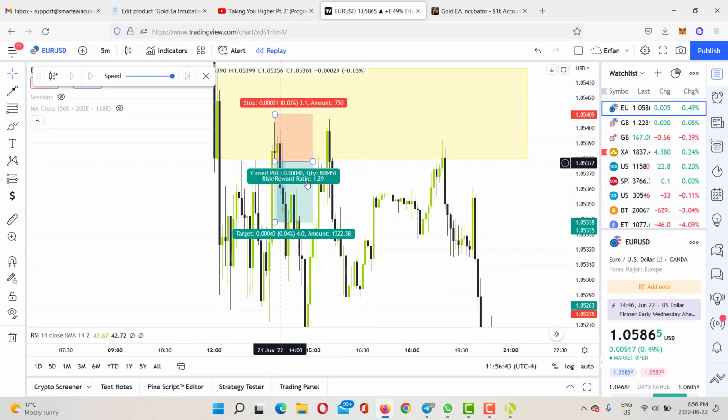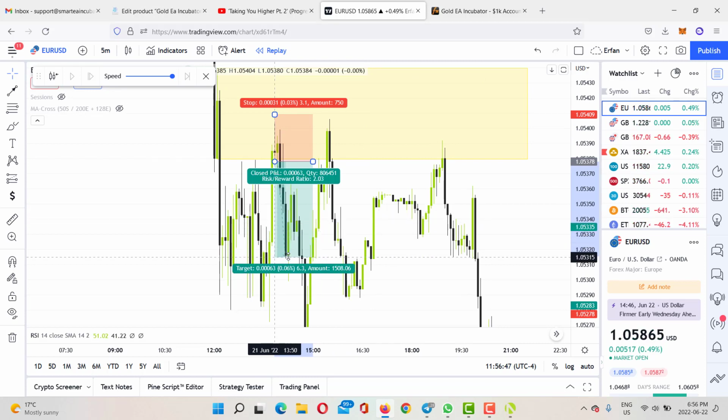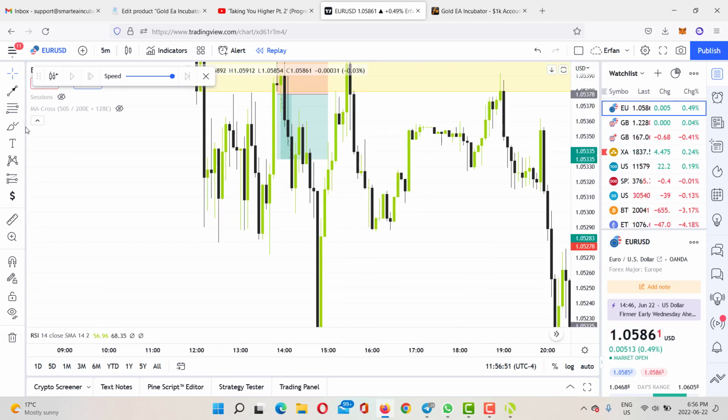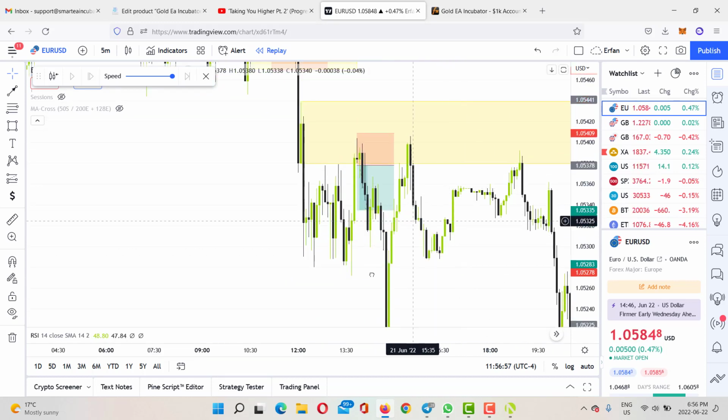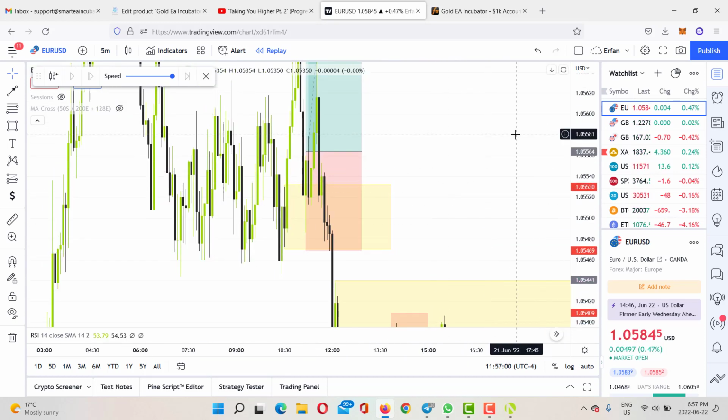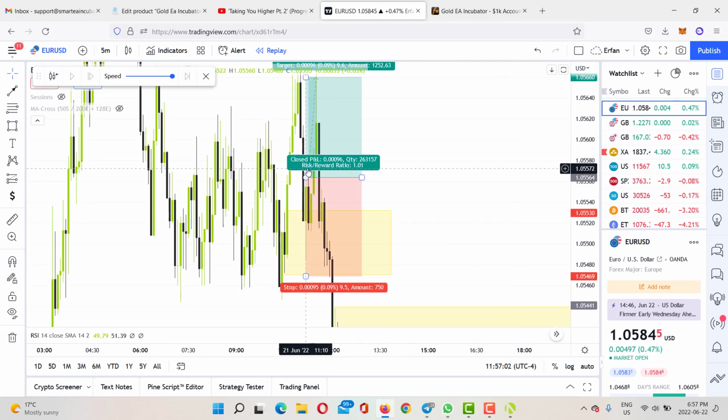See, you can take your TP all the way to this area if you want to, but I personally would do it here, because if you pay attention, you'll see another high probability demand zone from here to here. Look at this. It's a beautiful one-to-one trade if you wanted to take advantage of it. So at the same time, we have this trade that happened again later in the day at 11 in the